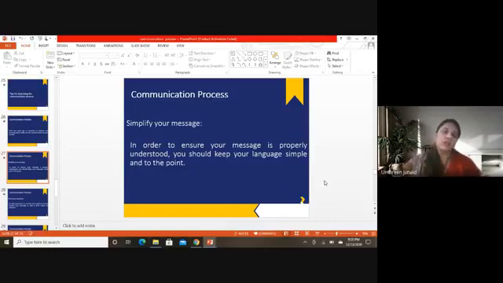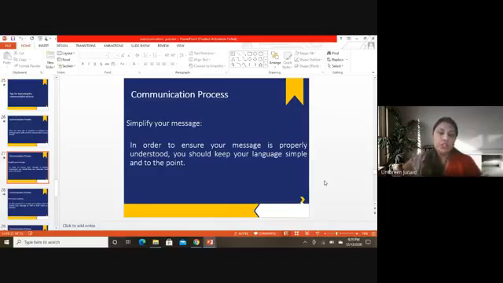For winding or for screwing, if these are technical words and you're giving directions to those people who are actually concerned with these processes, they will understand what you're saying. But if that terminology is not known to them, that means you are using tough words for them. So the first tip is to simplify your message.